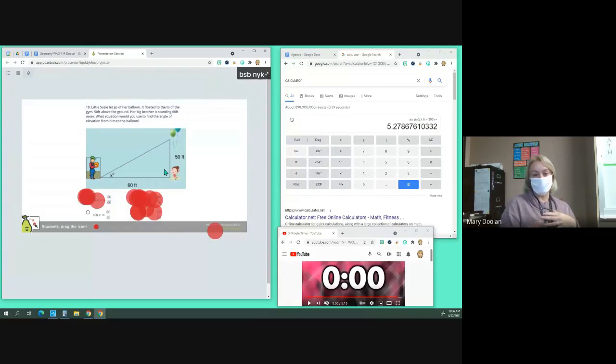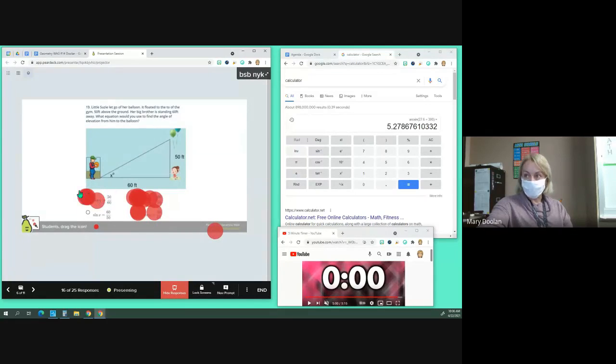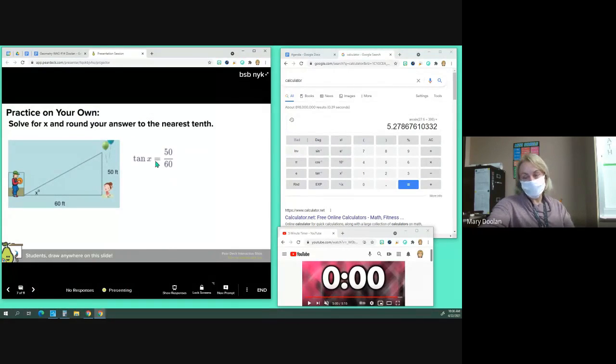But we just have to make sure our ratio is set up the right way, because you have two choices. You have 50 over 60 or 60 over 50. From the perspective of this angle that we're trying to find, 60 is adjacent to x, 50 is opposite to x. And tangent is opposite over adjacent, so you want 50 over 60. This is the correct equation here. Everyone should move their little red dot over there. That's the first one, the top row all the way to the left. Tan of x is equal to 50 over 60. And what you're going to do now on your practice on your own slide is solve for that missing angle. So we know that